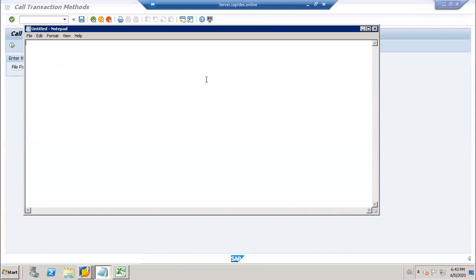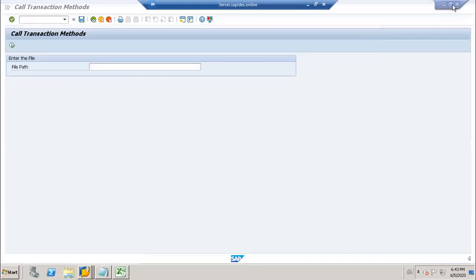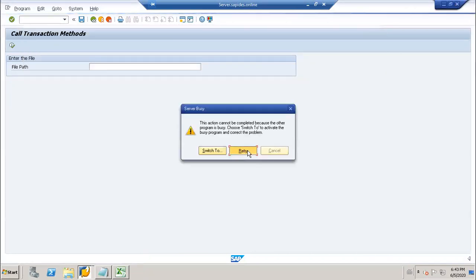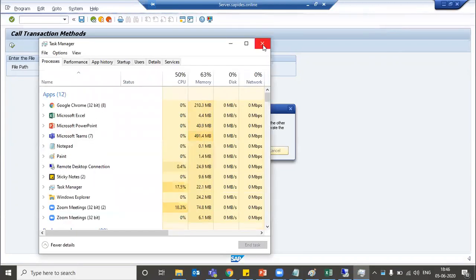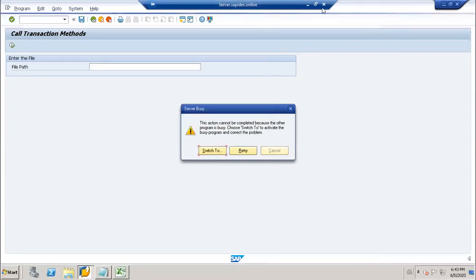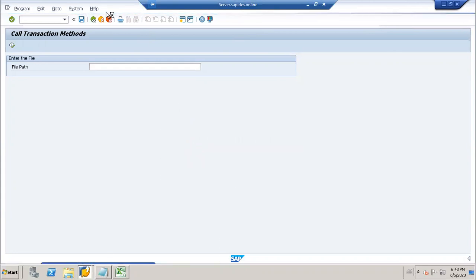Okay. So basically, if the server is in problem, I don't know what to do. I don't know how to close it actually.